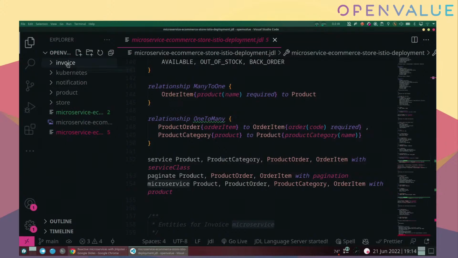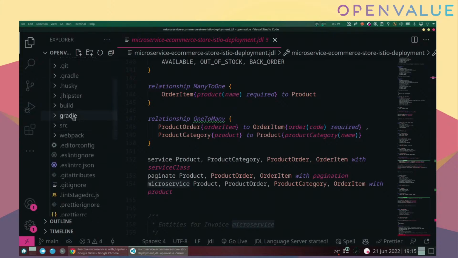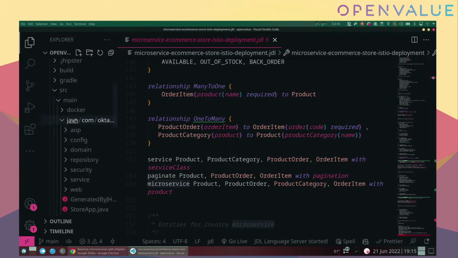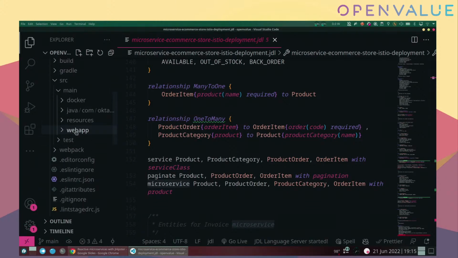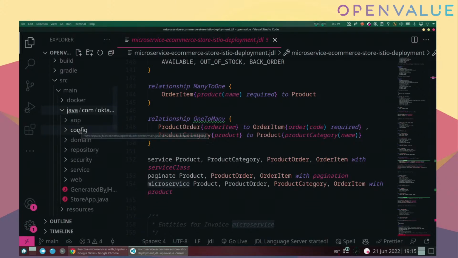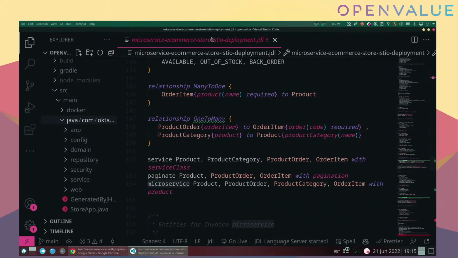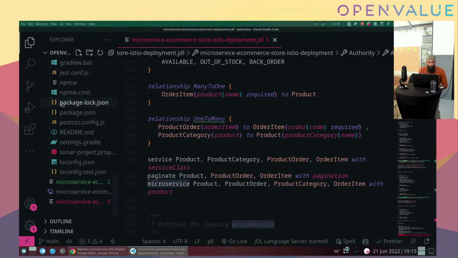So if you look at the generated code, you would see them organized in folders for each application. So we have our store application, and if you go to src, you can find the Java source as well as the JavaScript client source. So this one is a React app on the front end, and we have the traditional, not traditional, reactive, because in the JDL we also said